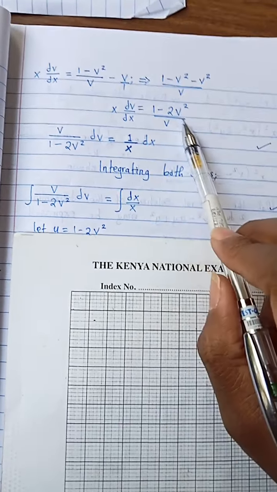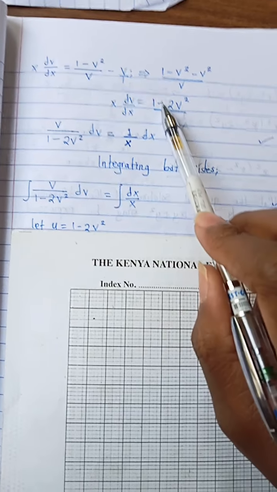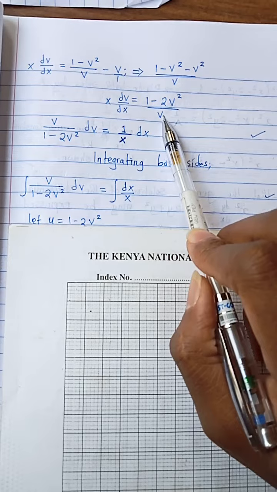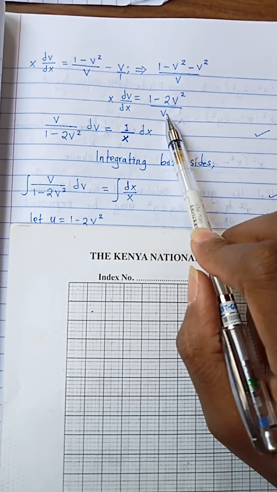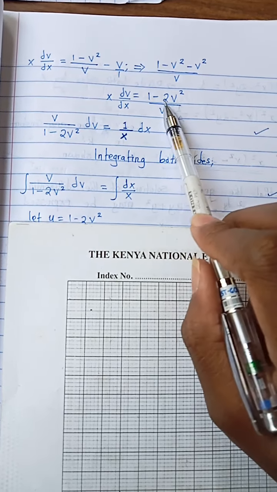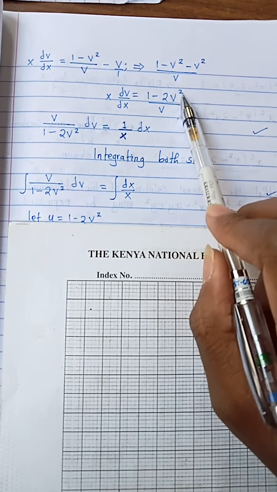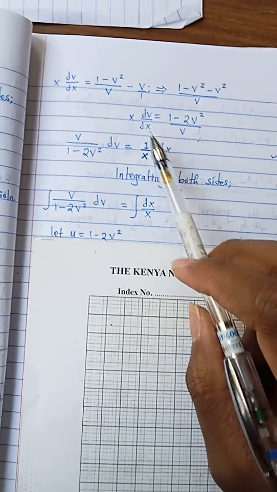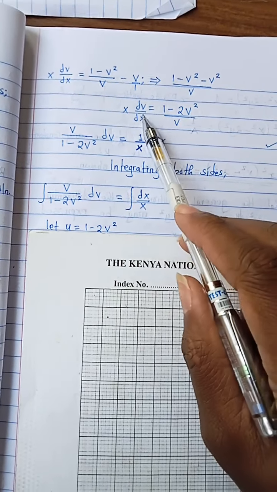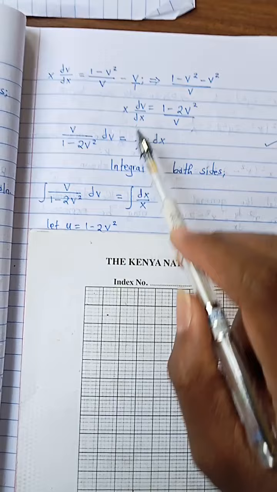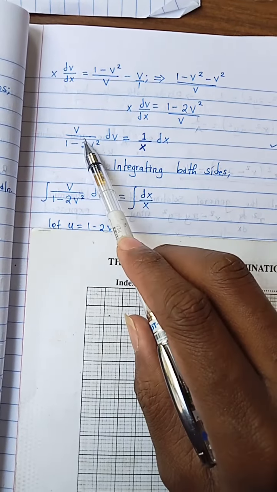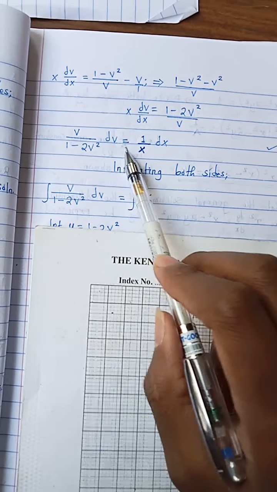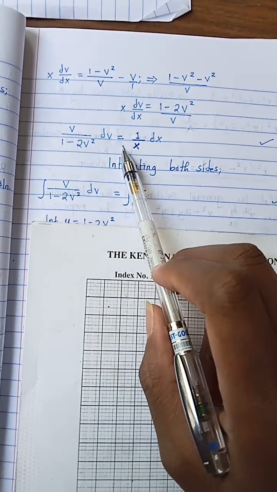Then we multiply both sides by the reciprocal of (1 minus 2v squared) divided by v, and that means we multiply both sides by v over (1 minus 2v squared). Then after that, you multiply both sides by dx, such that now we obtain v over (1 minus 2v squared) dv, which is equivalent to